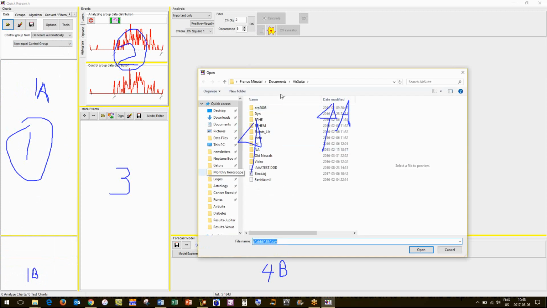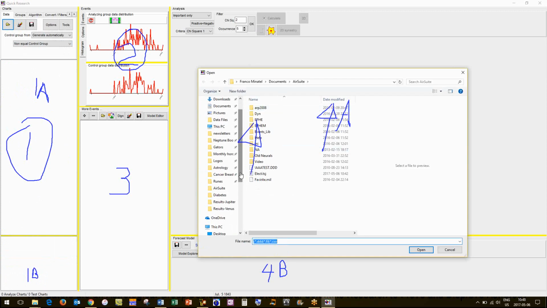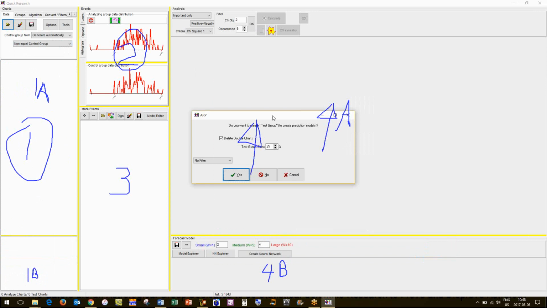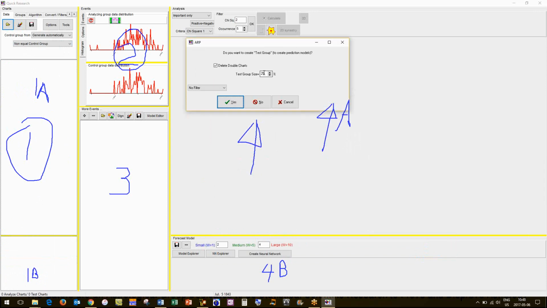Now, if I come down in here to my data files, and we've got weather, let's say we'll pick this one here. Now we're going to set this to 0.